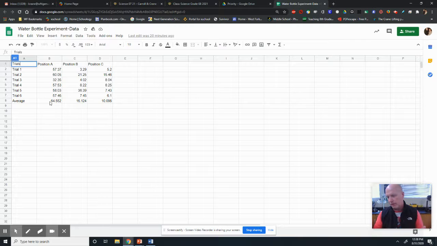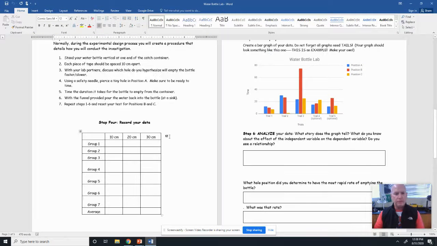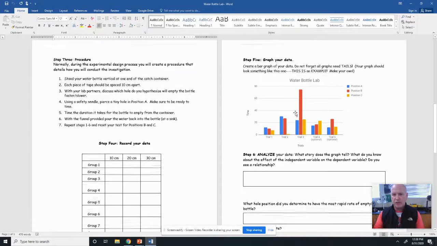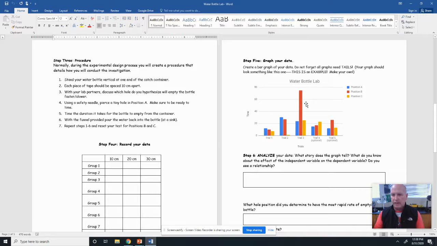I'm going to demonstrate this in a different screencast, just showing you whenever I poke the hole and what's actually going on. Okay, so we'll go back down to the data sheet real quick. So we're going to fill that information here. And then I'm going to show you how to build a graph here, watching your tails. So your tails are